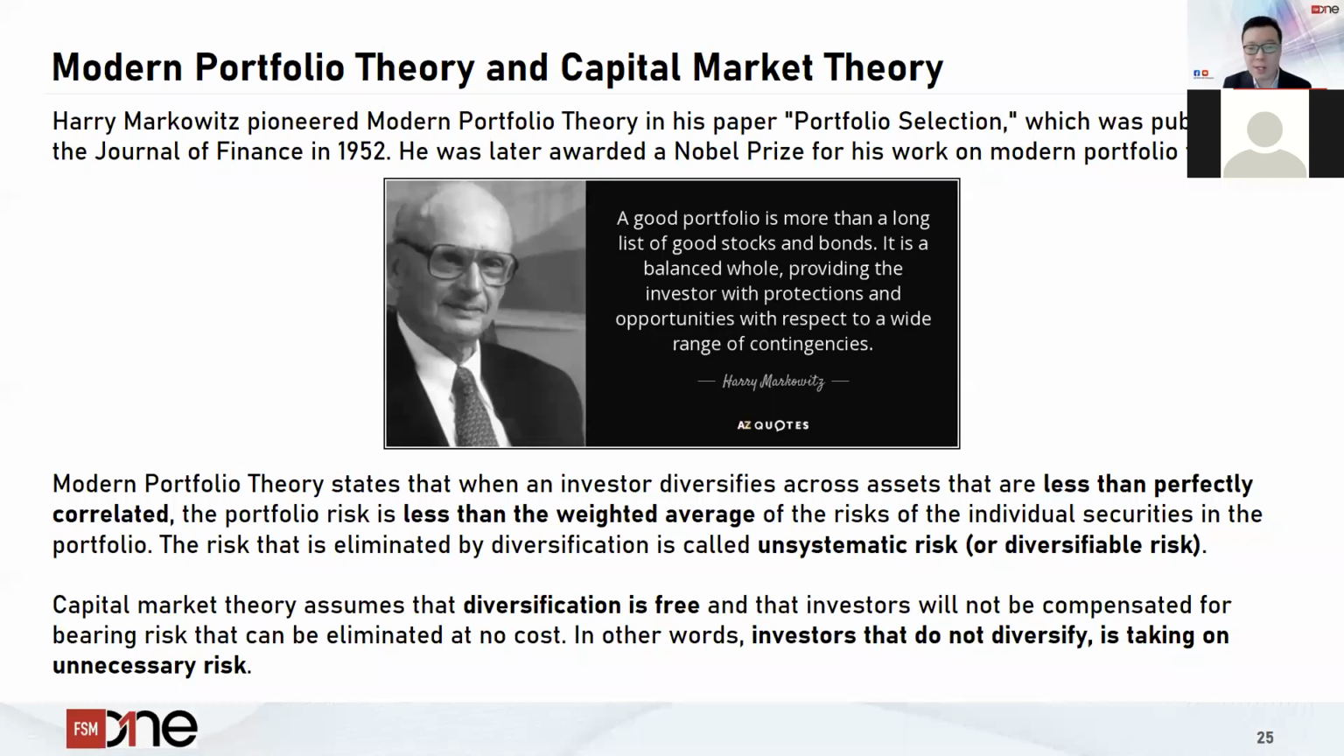And this risk that is eliminated by diversification is called unsystematic risk or diversifiable risk. And capital market theory assumes that diversification is free, and investors would not be compensated for bearing risks that can be eliminated at no cost. In other words, investors that do not diversify are taking on unnecessary risk. Let's